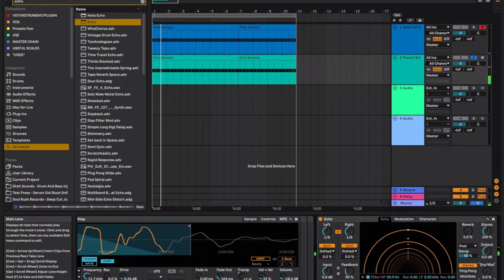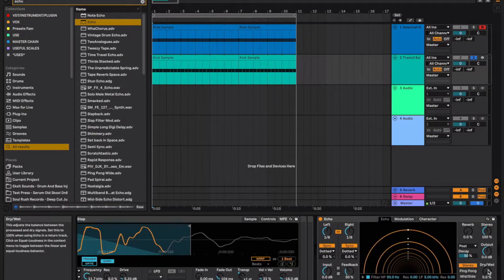So that's what it sounds like with our echo. But if we hit record while we're soloing, we can actually do a live automation. So we'll just count us in. 1, 2, 3, 4. 1, 2, 3, 4. And as we're toggling the automation using the dry wet, if you open the automation view by clicking